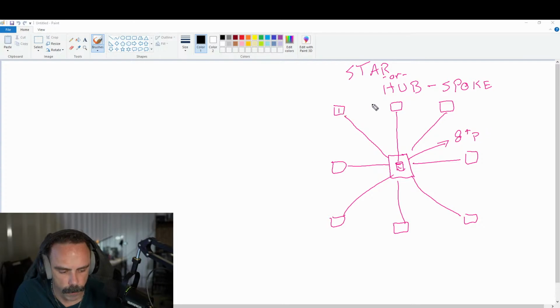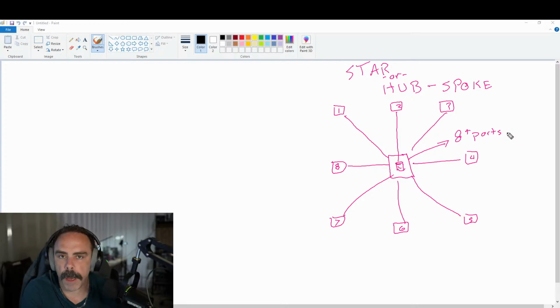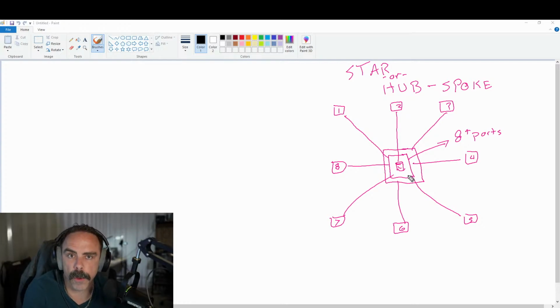because you need to have 1, 2, 3. I know y'all get this, it's pretty simple. 5, 6, 7, 8. So it requires 8+ ports in order to do this. And you might be tempted to use this type of network, because this type of network in general is fairly the most stable. As long as you can make sure that there's power on this central device and very little chance for a network disruption coming from it, then this is a really good, reliable method